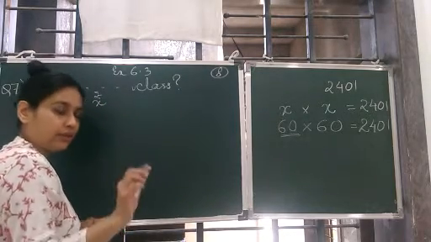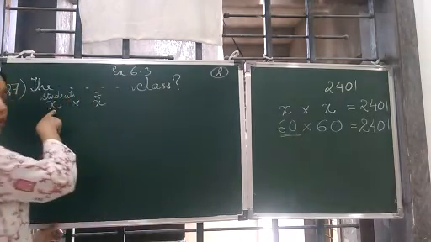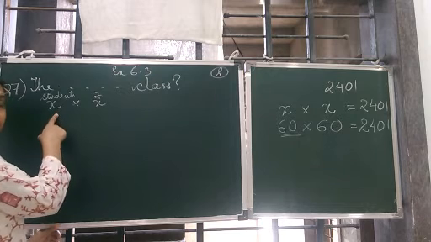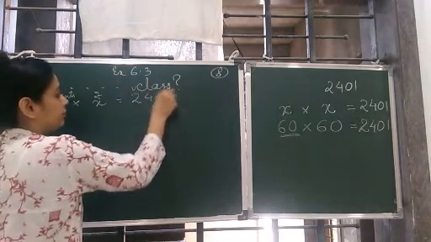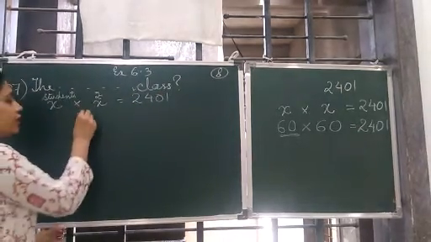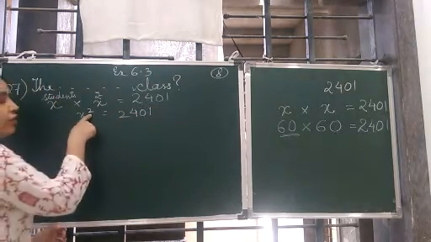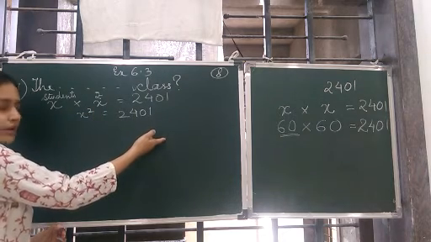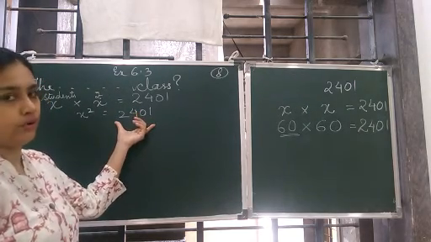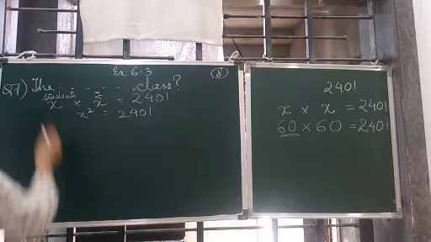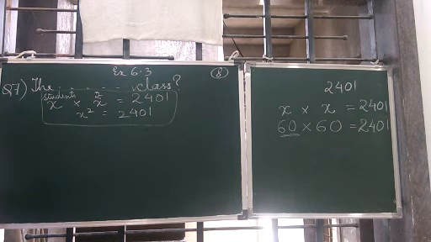मतलब जितने बच्चे हैं उतने पैसे. अगर 58 बच्चे तो हर बच्चे ने 58 rupees दिए. तो we don't know what is the strength of class 8, so we have taken it as x. X students giving x money, which is equal to this. Now x into x will give you x square, which is equal to this. We need to find the value of x, so we are going to shift this power to the right hand side, so it will be converted to a root. That means you have to find the square root of 2401. Okay, so this is the explanation of the question. Now we start the solution.